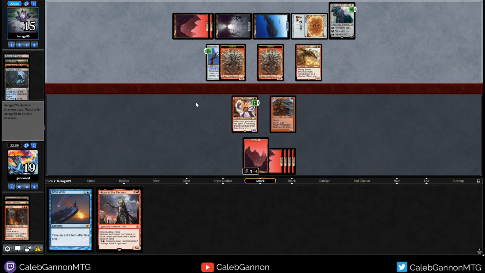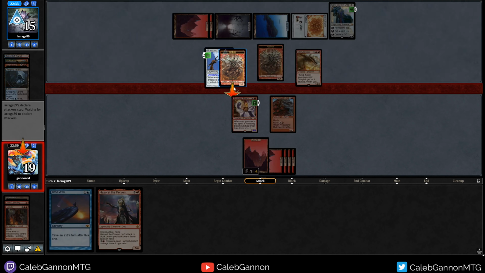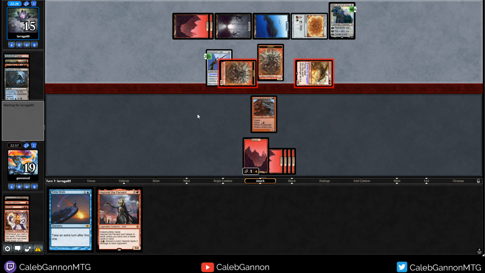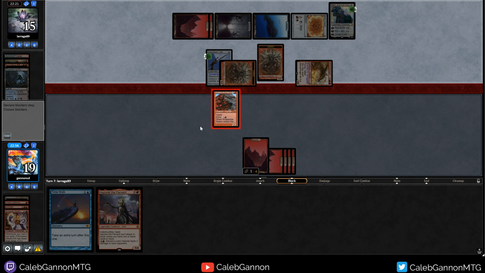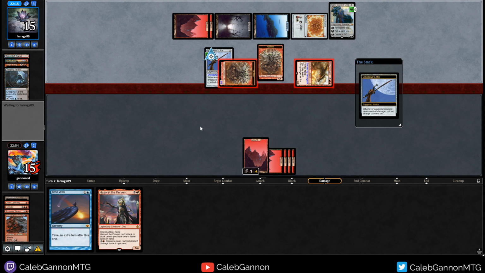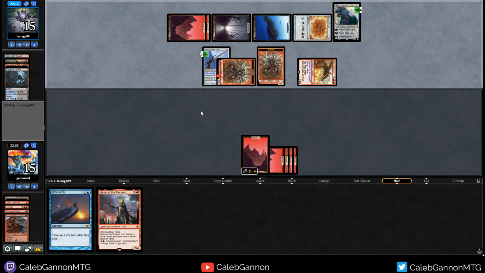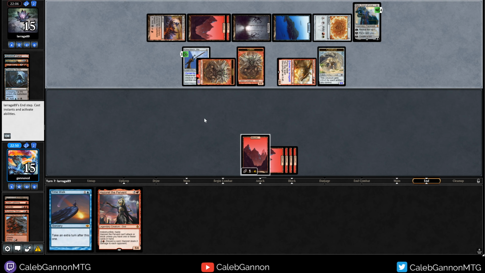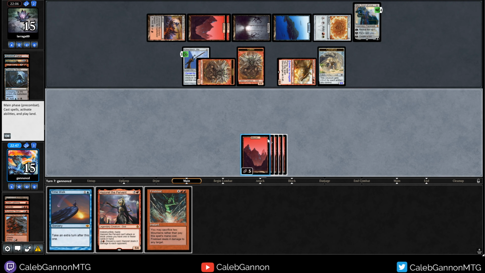I'll give them that. They exert, kill my Steamkin, attack with the Goblin, kill my Avalanche Riders. Yep. Block here, force them to power up. So, I mean, there are still ways in which I can win this. They're just very, very limited now. They involve drawing an island, because this is scary. Fire Blast. That is also how they win, but...